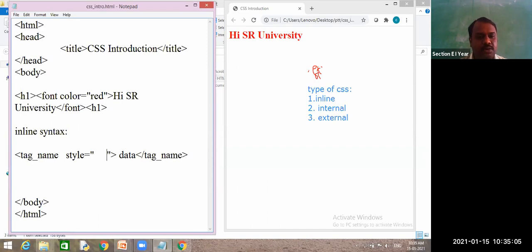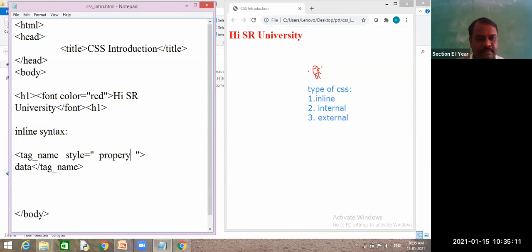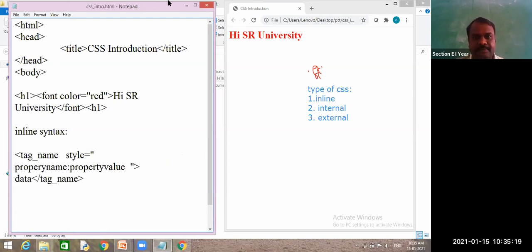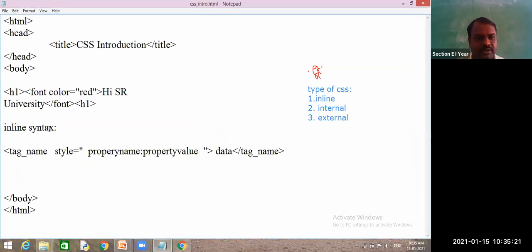Next, how can I give this CSS property? Just a property name, colon, property value. Is it clear? So how do we give it? Tag name followed by the style attribute.